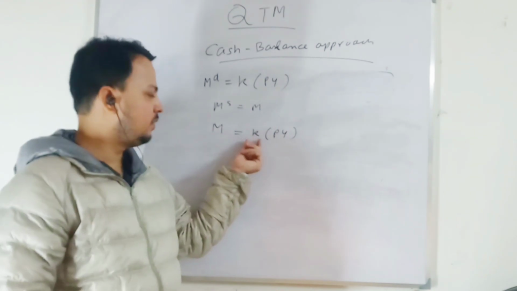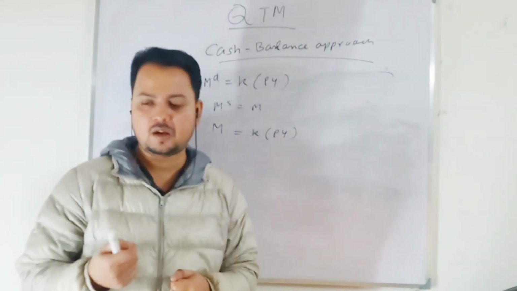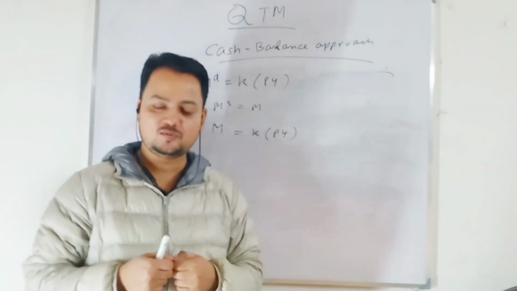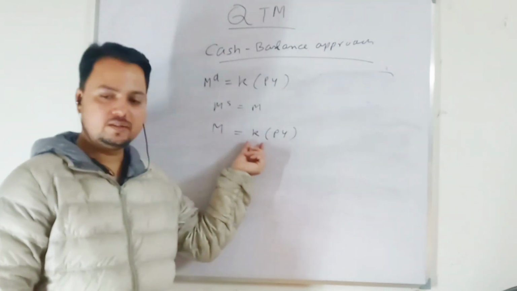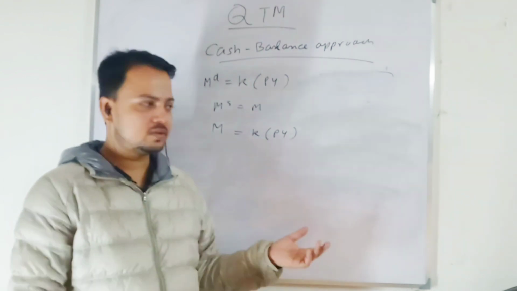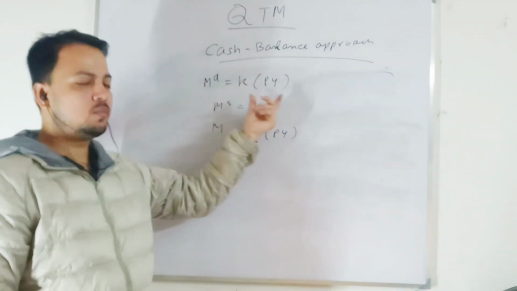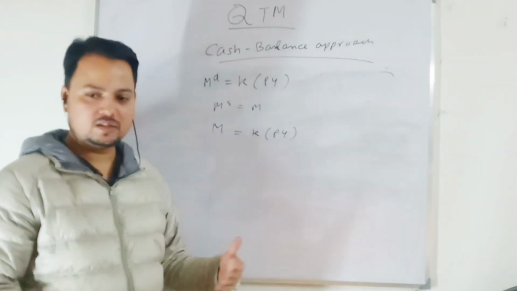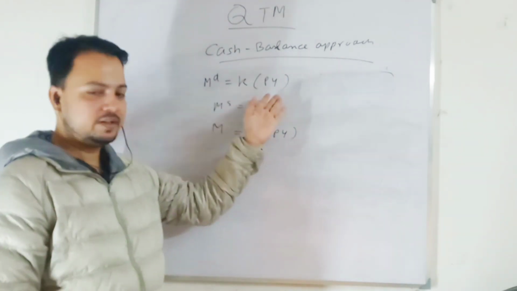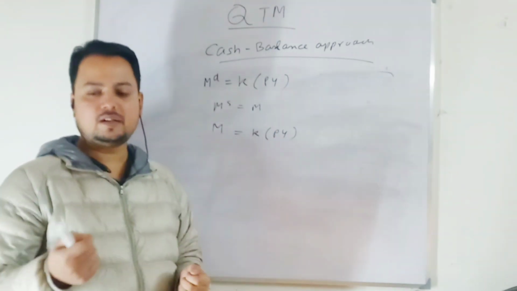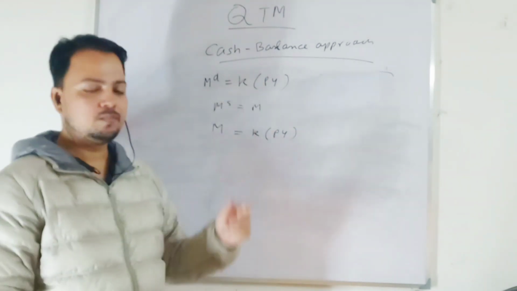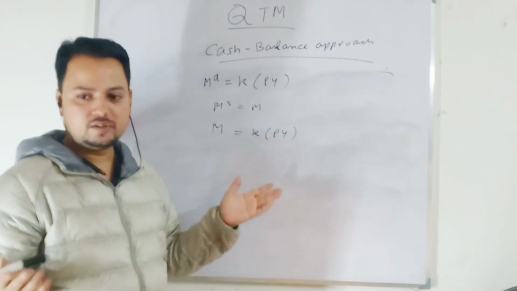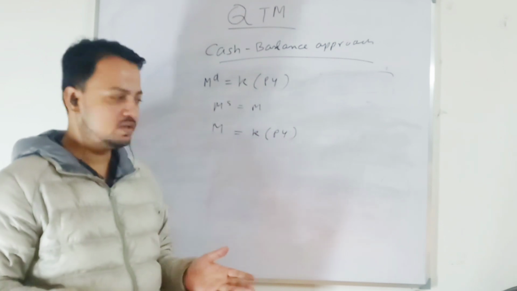In the Cambridge formula, we are saying that it depends on behavior: how much cash you want to own, how much cash I want to own, how much cash other people want to own. So it is a behavioral thing, K. In aggregate, money demand will be proportional to your value of output. Here money demand is given directly, and we know money acts as a store of value. Money supply is exogenously determined by the monetary authority.